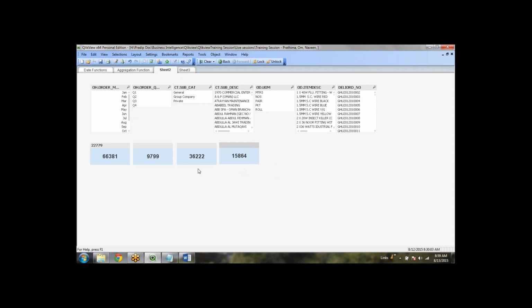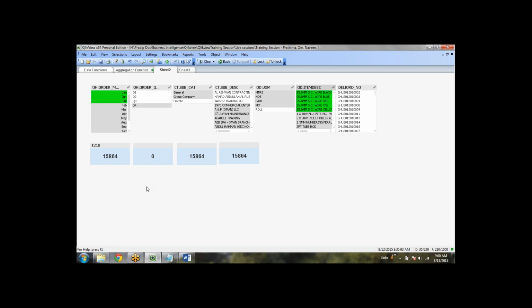The conditions are if the month is January, June, July, and if your item is where. Whatever the green data you are finding, these are the relevant records, and we are getting the value on top of these relevant records. You can see here we are getting the output as